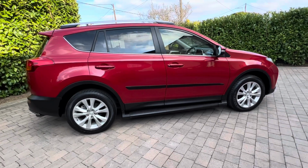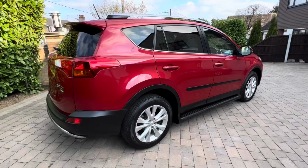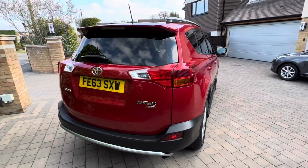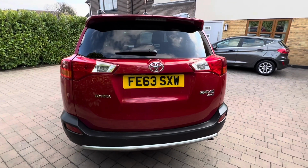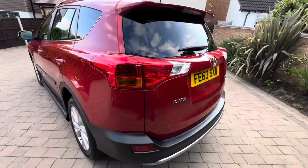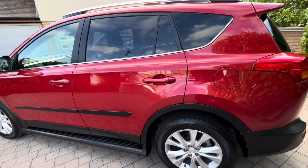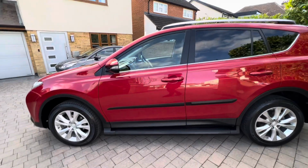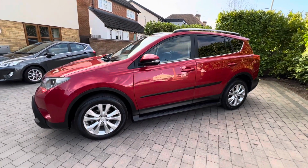Now, one of those reasons is, despite its age, this car has covered a mere 33,000 miles from new. Yes, 33,000 miles. Now that is reflected in its overall condition, because I can tell you now, as I'm walking around the outside, the paintwork on this vehicle is absolutely perfect. There are no marks, no scrapes, no scratches, no car park dents, not even any of those horrible little swirls and surface marks that the drive-through car washes cause on cars now, because everybody goes